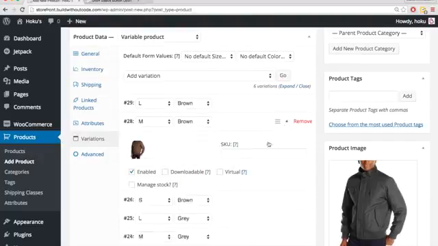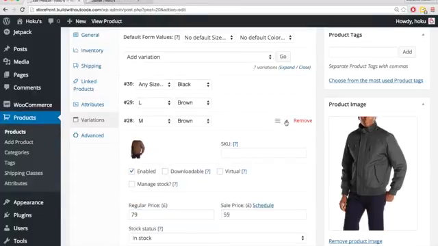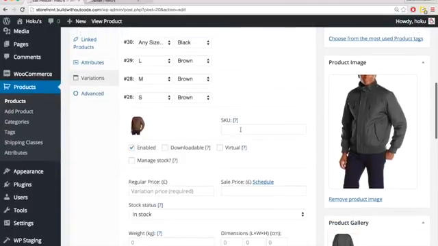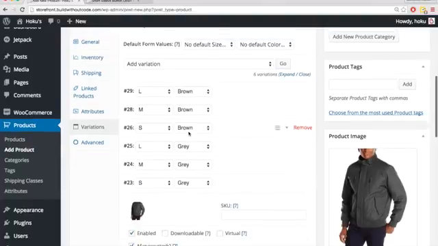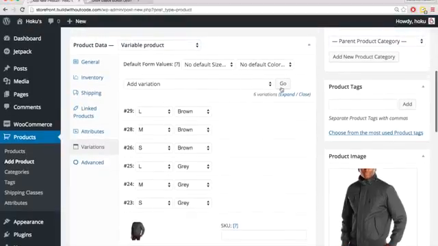And for the medium, I forgot to add the price, so 79 and then 59. And then for the small, 79 and 59. Okay, so we have different variation for each size and color, but we have one more color,